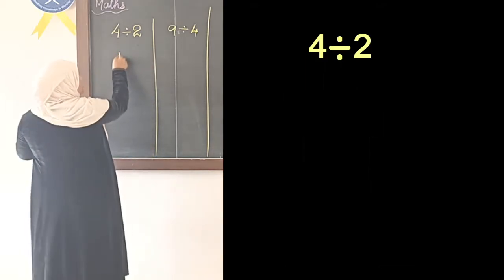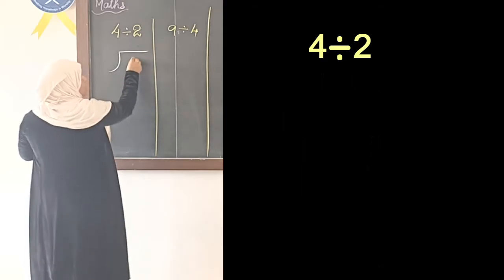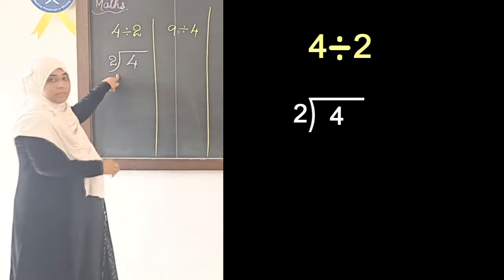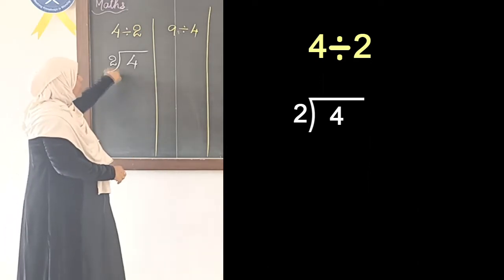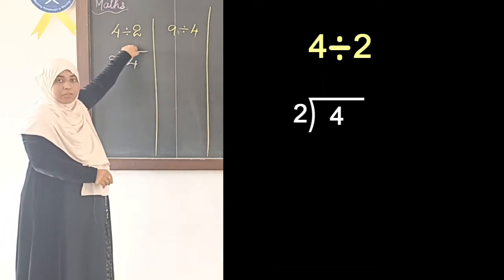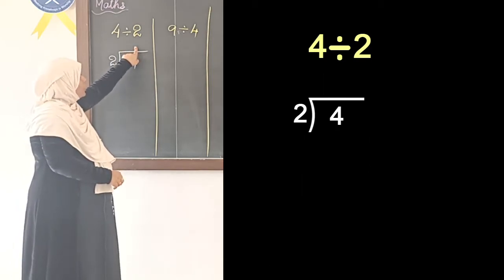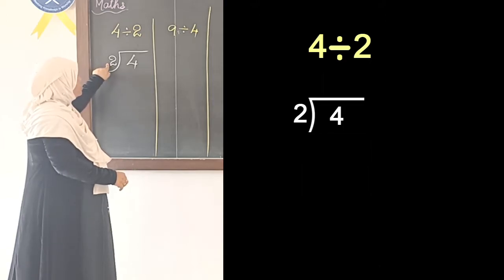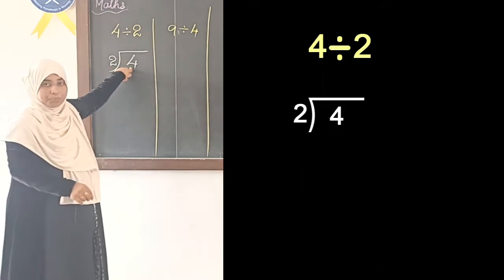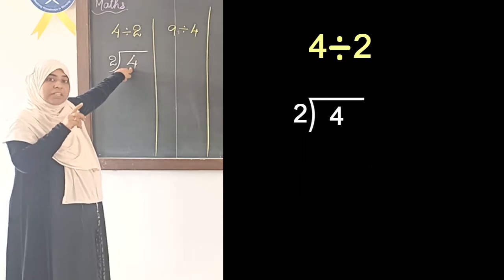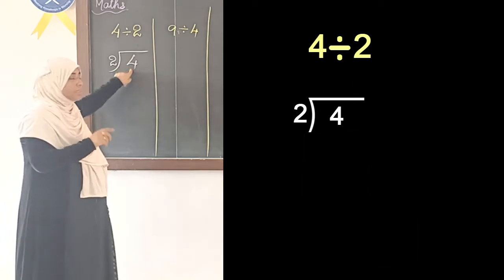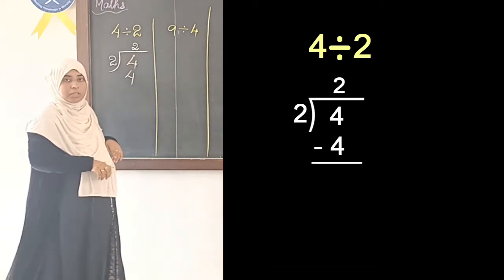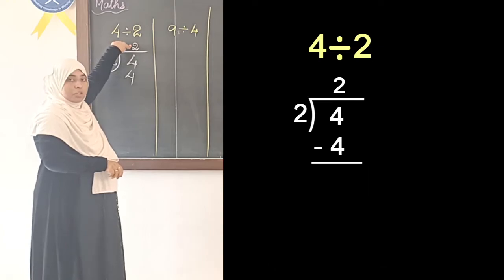Now long division means we are going to write the numbers like this. 4 will be written over here, the divisor 2 we write outside, okay? Now the answer that we get, we have to write on the top, okay? So how we do the long division, we will learn today. 4 divided by 2. Now in the table of 2, we have to see where we get 4. We know that 2 into 2 is 4. So 2 is the answer that we have got. So 2 2s are 4, okay? Answers we write on the top.